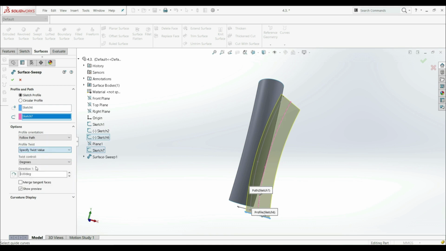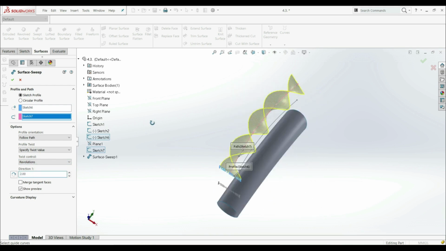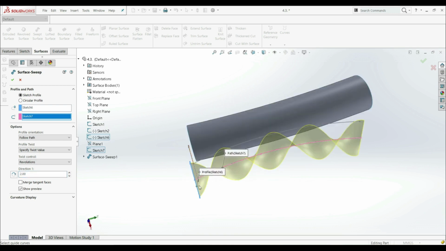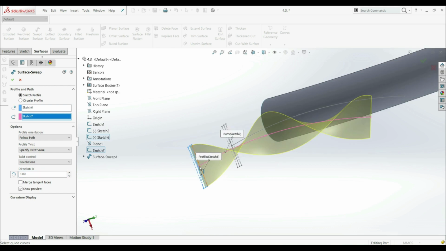So let's click this. And now we have here another option, twist control. Let's click here and we have a few options. We have degrees, radians, and revolutions. And we're going to go with revolutions. And here we can choose the number of revolutions. So we can go with 2, for example, like this. And now what happens? Now we see that this profile at the beginning is rotating along this axis 2 times. If we go with 1 revolution, now we see that this profile rotates 1 time, 360 degrees